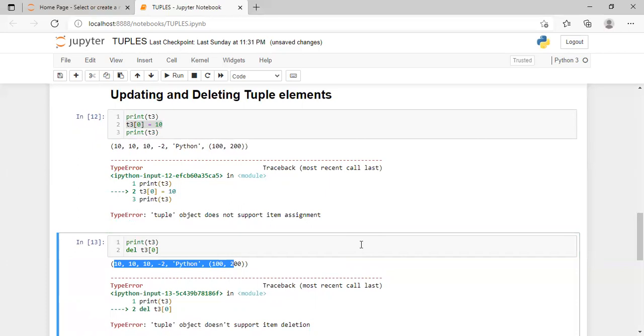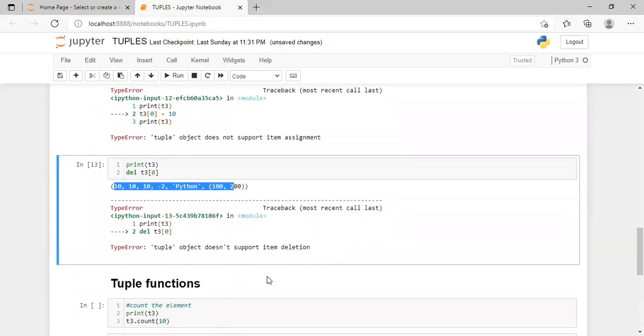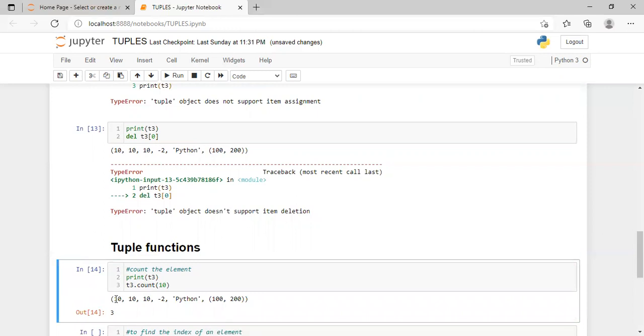So now you have the answer that tuples are immutable because they do not support updation and they do not support deletion. Moving forward, some functions you can leverage with tuples. So let's say you want to count the number of elements, a particular number of elements inside a tuple. I want to count how many times 10 is there inside a tuple. So what you can do is just create a tuple object, then with the dot operator, then count, and then you pass the element which you want to count. And if you see, since 10 is 3 times inside my tuple, 1, 2, 3,